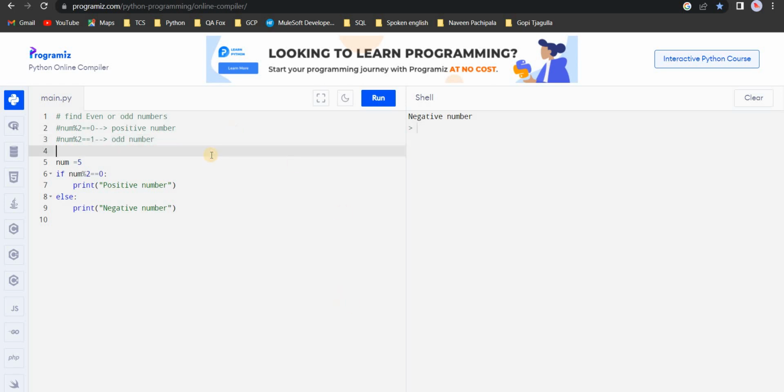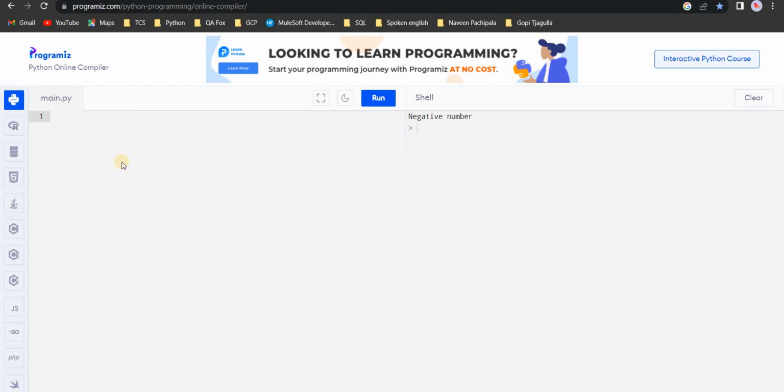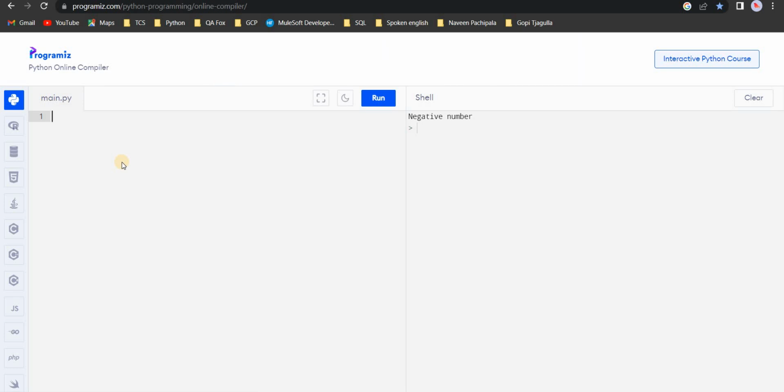Coming to the Python online editor, I will remove this one. First, we need to choose some value, or else we need to give the value dynamically. After running the Python code, it will ask us to enter some value. For that, first we need to store that value in a variable. My variable name is num. Num is equal to